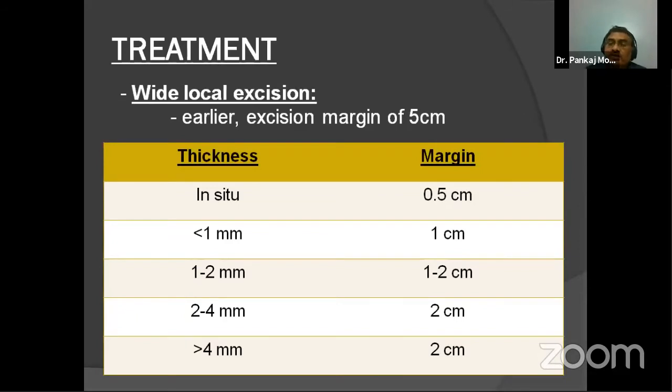With normal LDH, lower stage, but with elevated LDH, prognosis is very poor. Just like we see in testicular tumor, teratoma, markers like alpha fetoprotein, beta HCG, and LDH level, where the prognosis and treatment also change. In the same way here also, LDH has a role in melanoma as a prognostic marker.